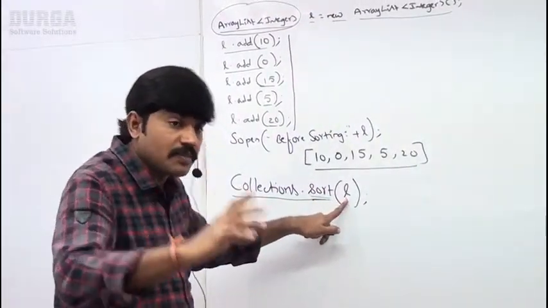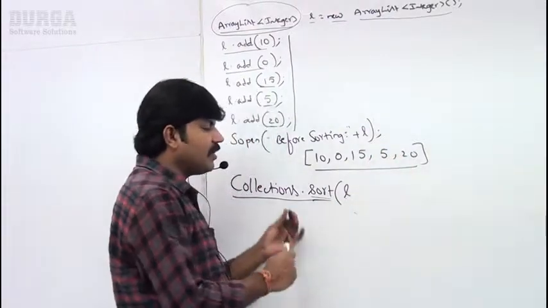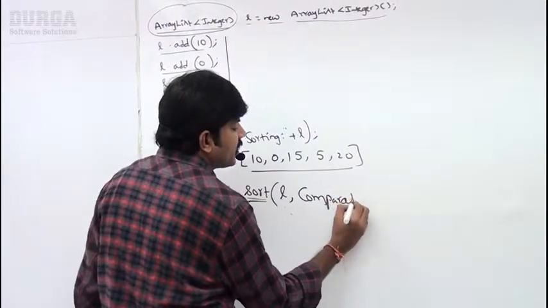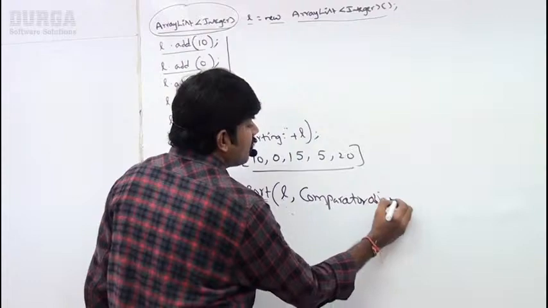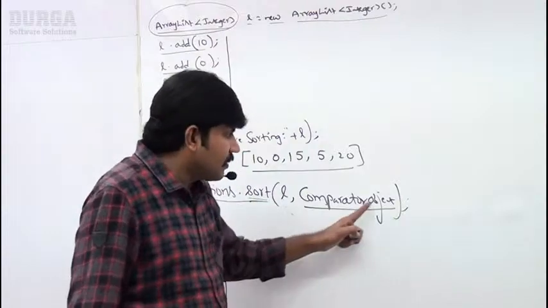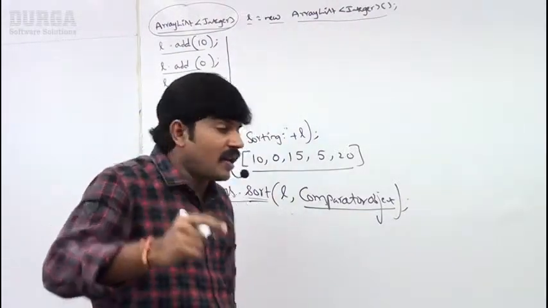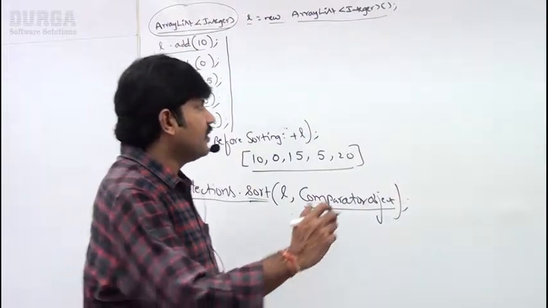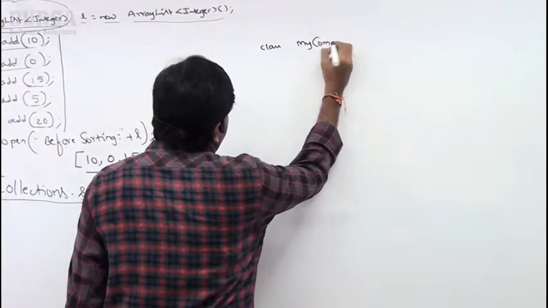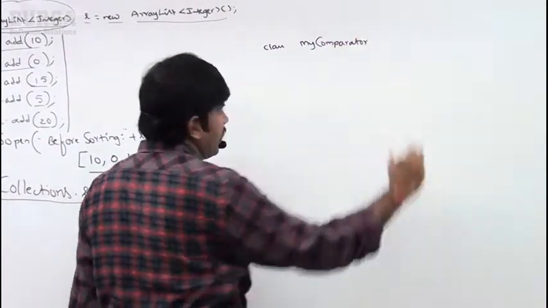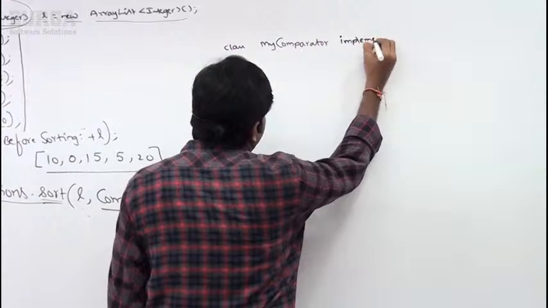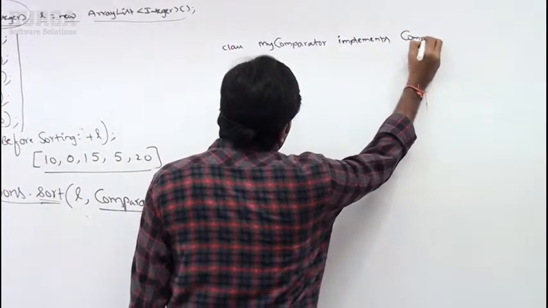I want customized sorting. Then, comma, a comparator object we have to pass. Are you getting? Sir, you require to write a class that implements Comparator, and that implemented class object you have to pass. Okay, let me write, sir. Here, class MyComparator implements